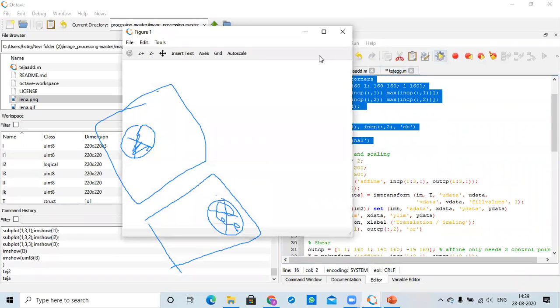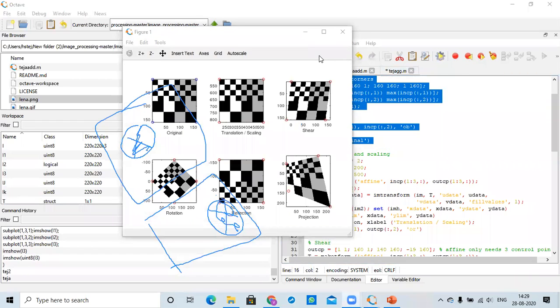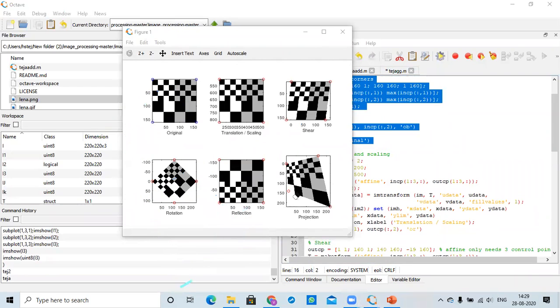Let us now try to understand this with this example. It is very clear, that is why I have taken this example. The first one is the original picture. In that picture, first we have to locate the minimum and maximum horizontal and vertical boundary points. These boundary points we have to locate and specify.